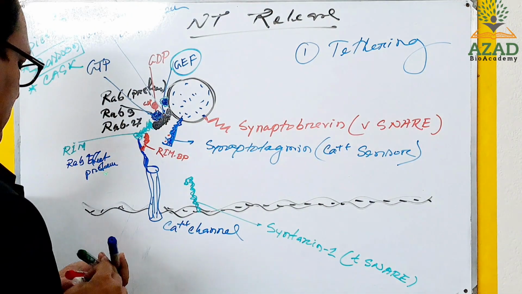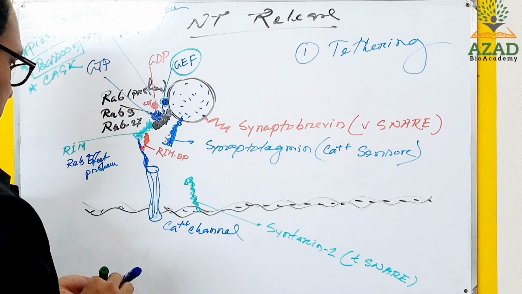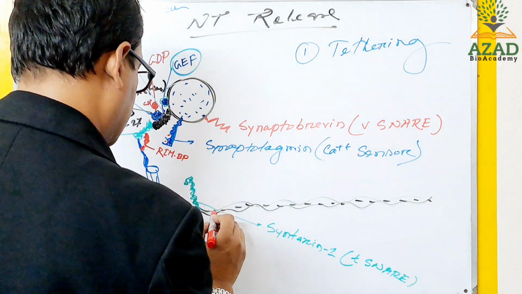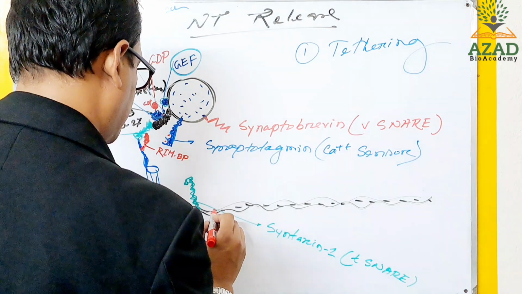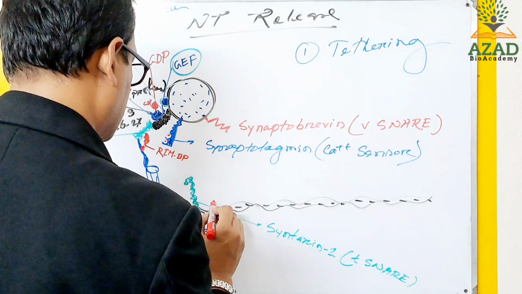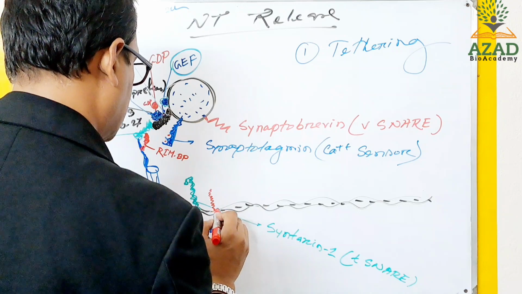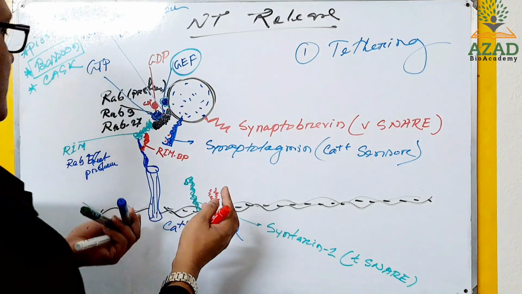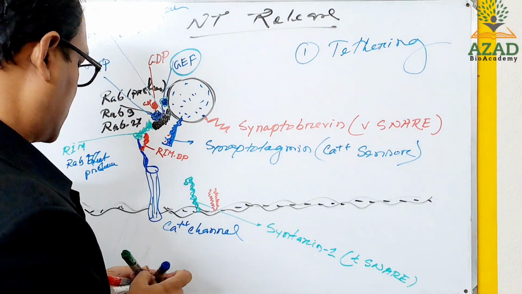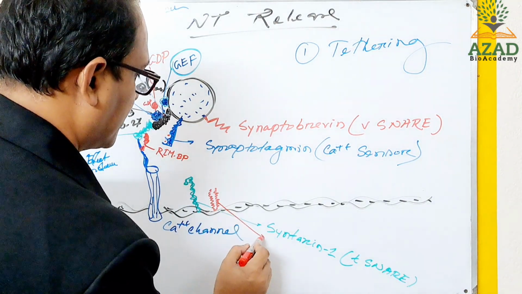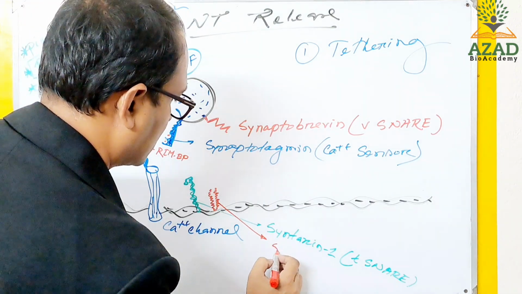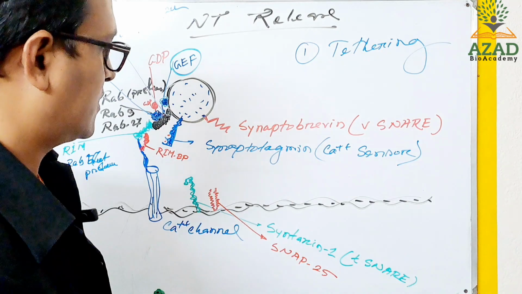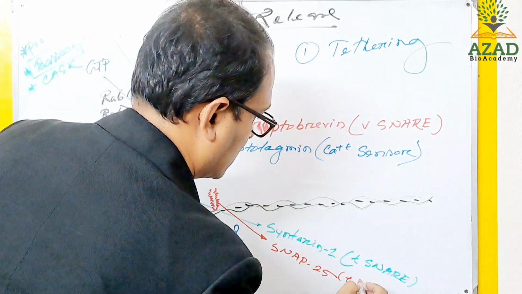Okay, here another protein is there. There is a double helix, a protein attached by lipid. This is helical, a double alpha helical structure. This attached protein, the name is SNAP25. Okay, this is also a T-SNARE,